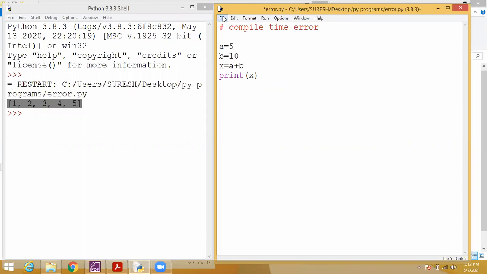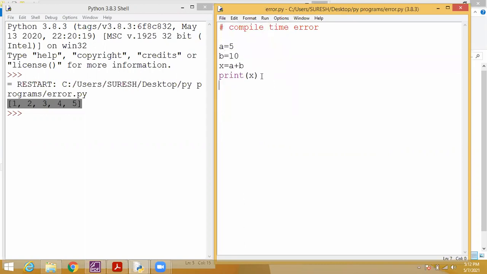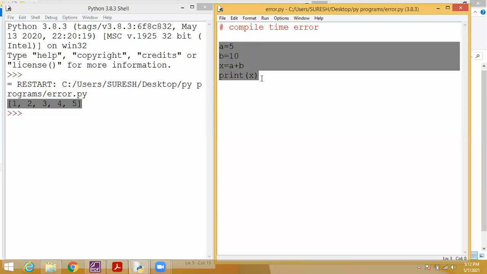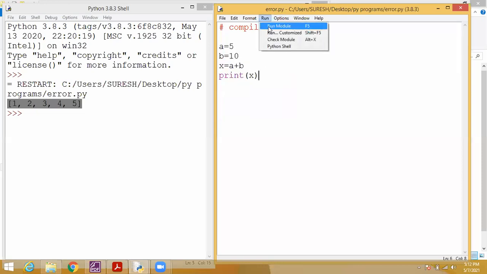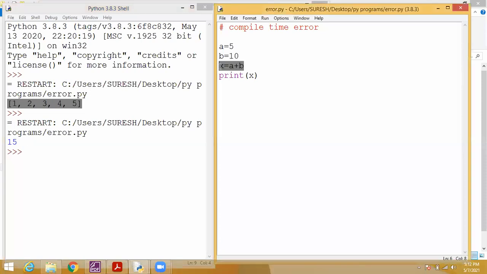Students, is there any error in the program? No, sir. Nothing, because everything is in the rules. Okay, so we created the program following the rules, so it will show the output. But what I am doing, instead of this one, I am giving like this: a plus b equal to x.